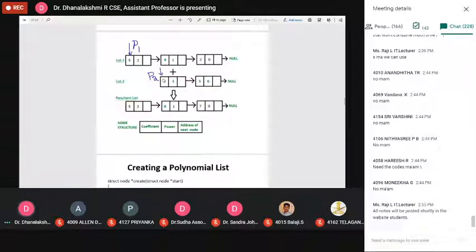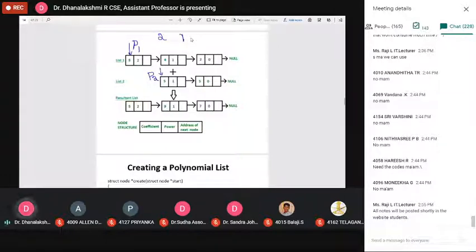I am taking P1 at the first node, and P2 at the first position of the second polynomial. Now we have to compare the exponents. What is the exponent here? 2. Next exponent, 1.